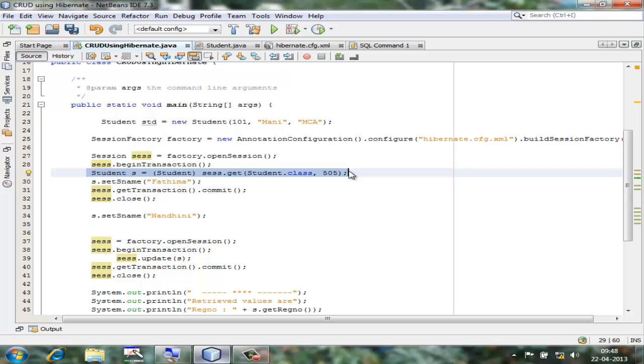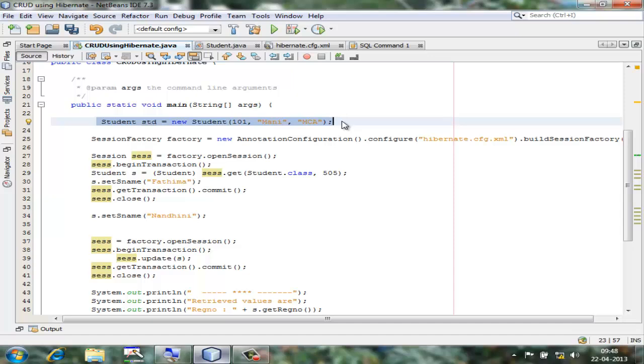That means you are getting the object from the entity manager. It's in the persistent state. You have closed the session here. That means it is in the detached state. What about this state? So there is a separate state here, and you notice that at that state the Hibernate